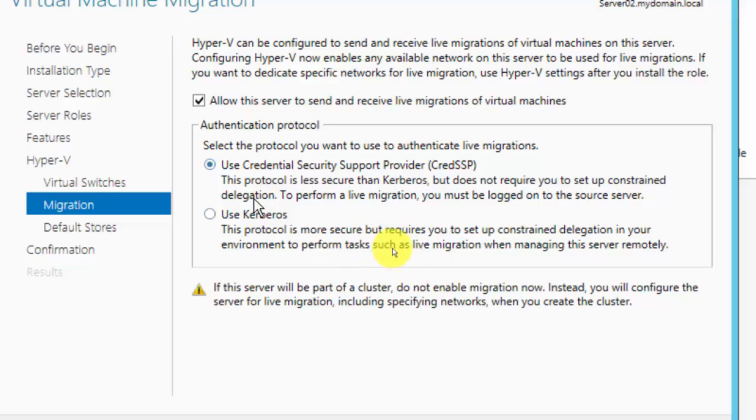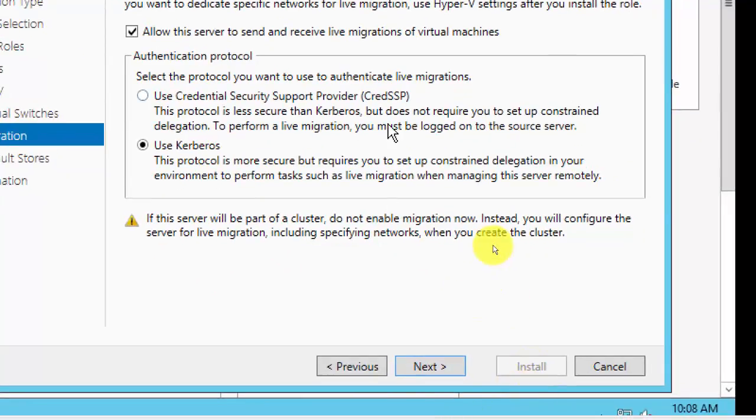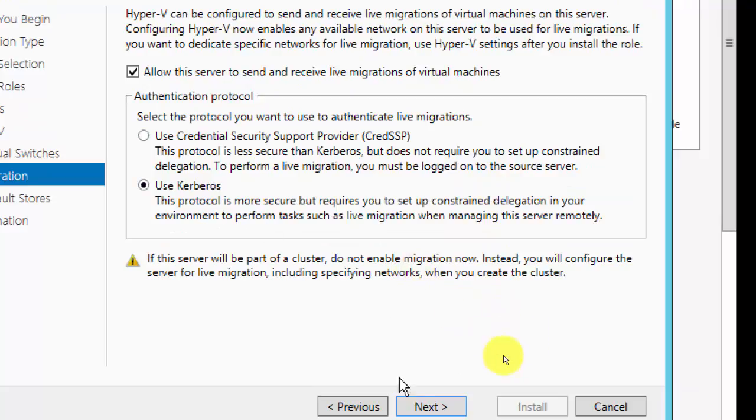And if you said interview, yes, I can do that, they could just put you in the environment and say, okay, do it now. Or in the interview they could test you: what do you need to do if you need to remotely connect securely? And if you say use Kerberos, they're going to ask, okay, where do you go and do that configuration? So these are a few steps in Active Directory that I'm going to do now, and that's going to be really good for interviews. So use Kerberos, next,